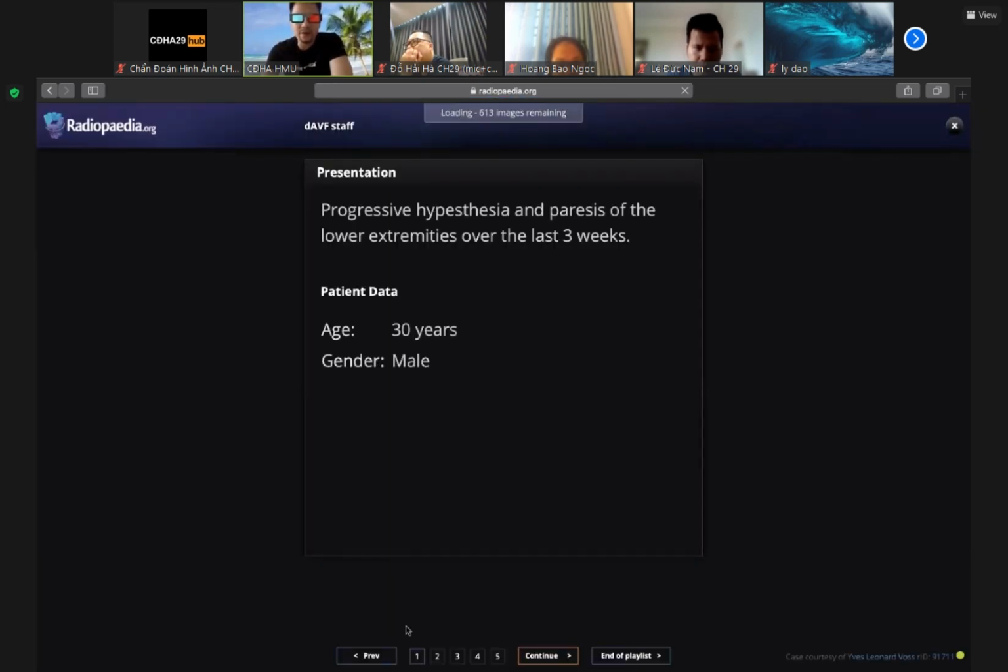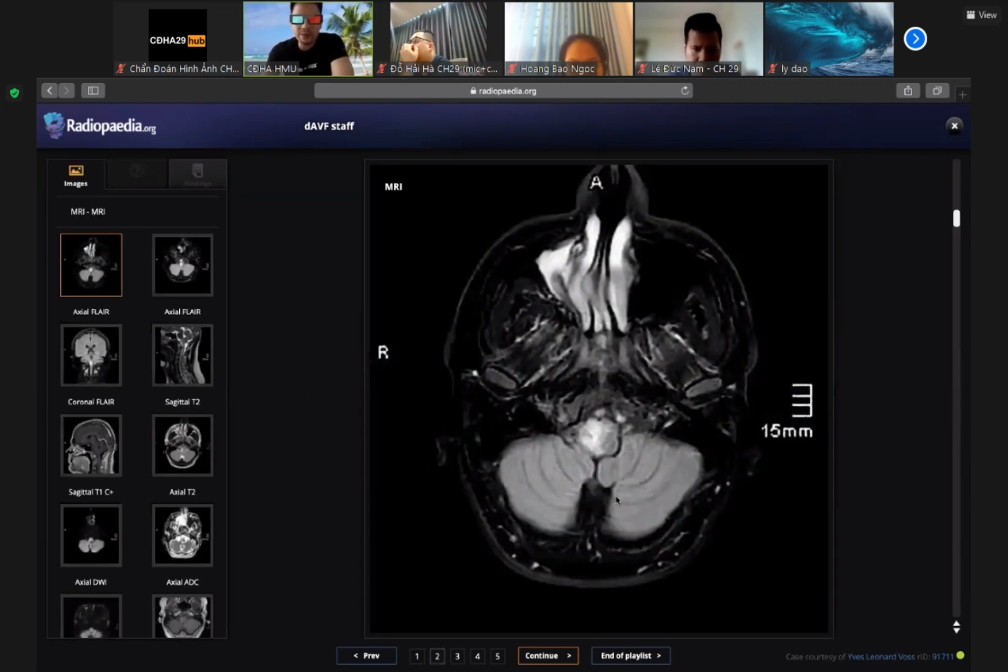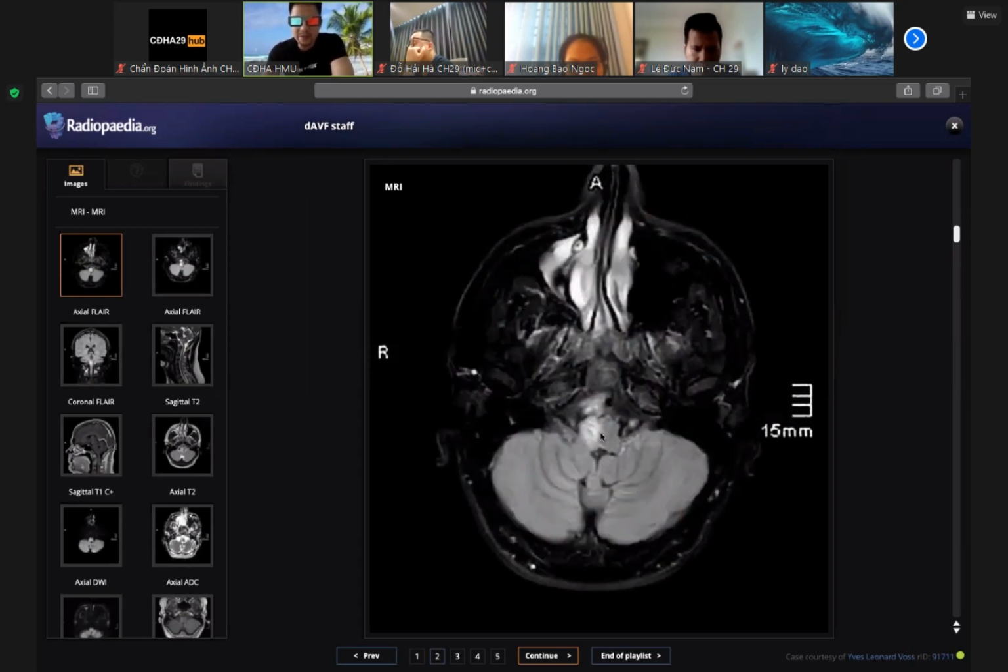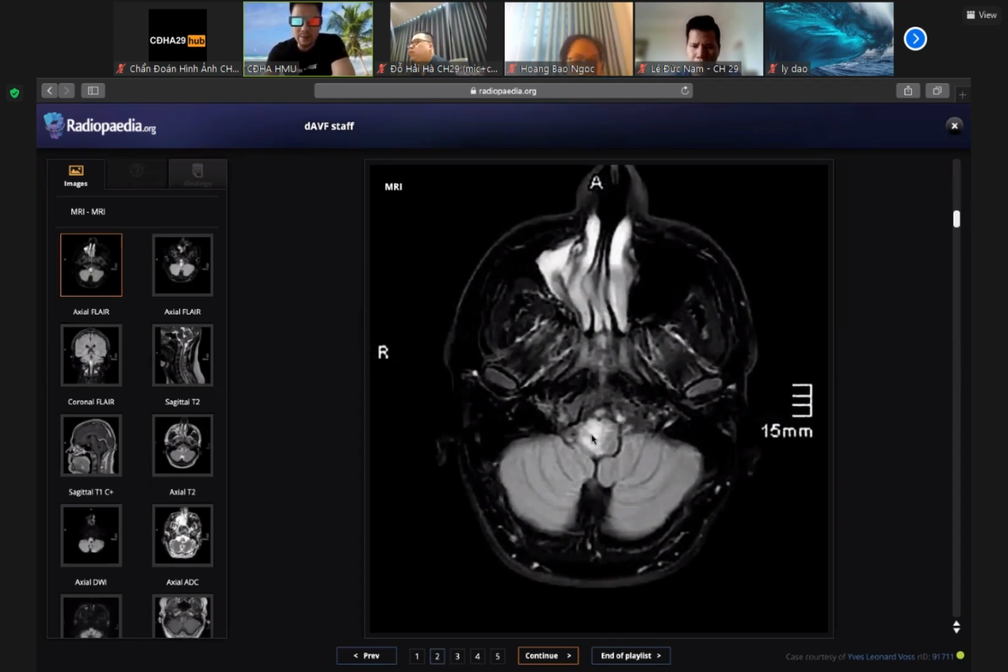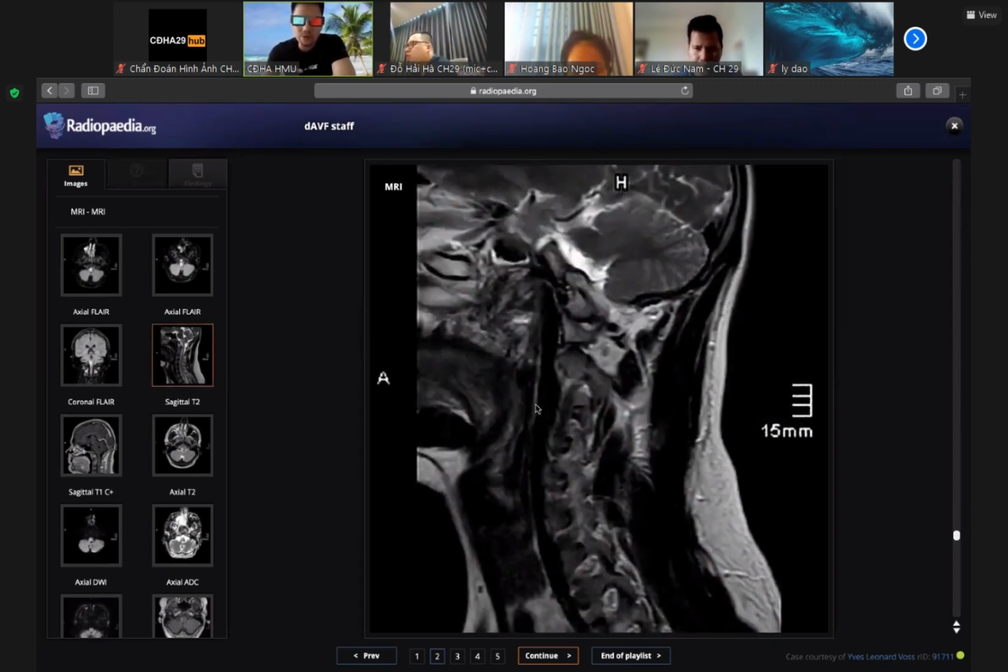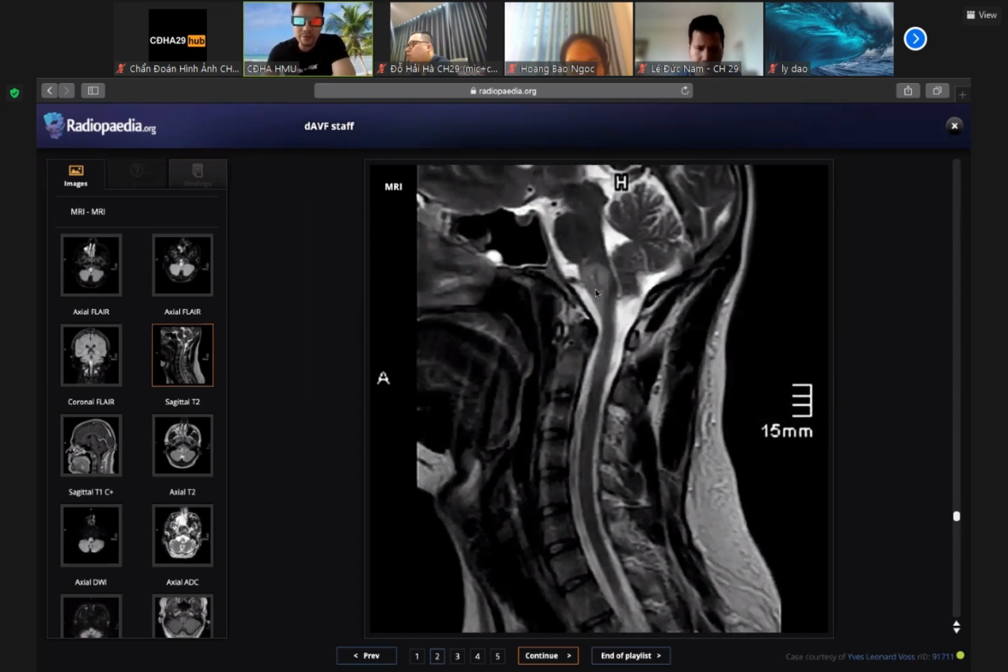We have a 30-year-old male patient, progressive weakness and paralysis of the lower extremity over the last 3 weeks. And on the MRI, we see the hyperintensity at the medullary cervical junction. The hyperintensity on this area, on the medullary cervical junction. Okay, in this area, and there is no